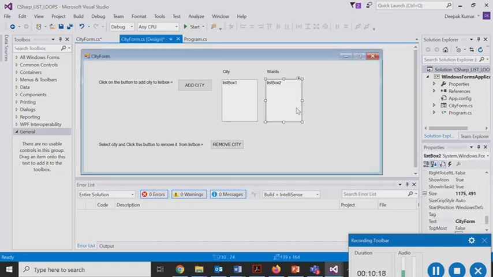Now I'll explain why we are doing it. Basically our objective here is to have another list box. This example captures the city, and it will capture the wards that you have in a particular city. So this would capture the number of wards in that city. In order to do that, obviously we would need another input box, which would ask the user to enter the number of wards in a particular city. Now these wards are just like a city is divided into different municipal wards.